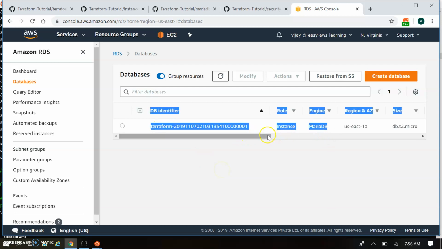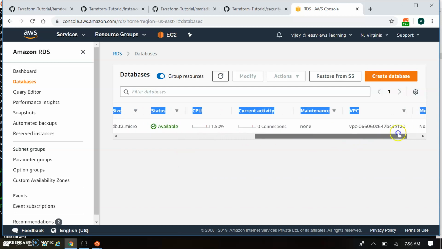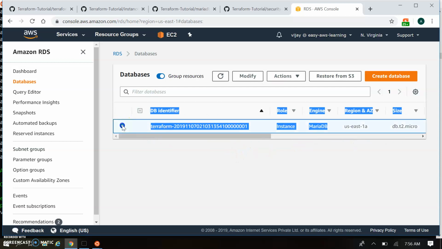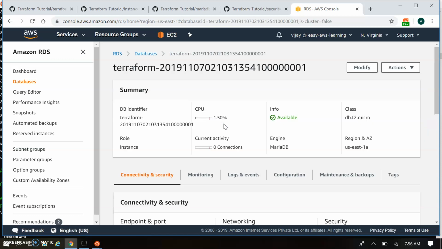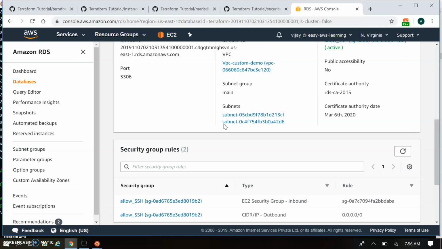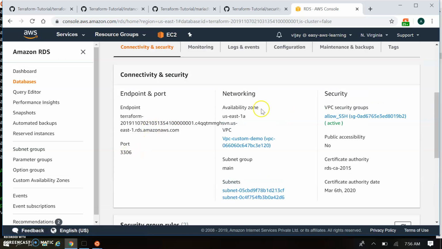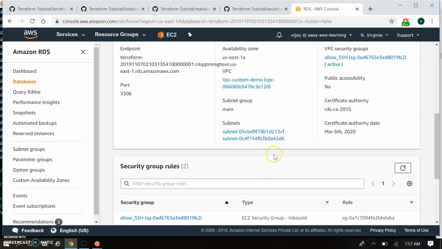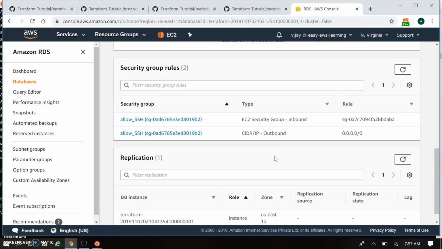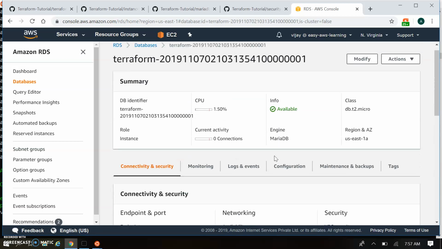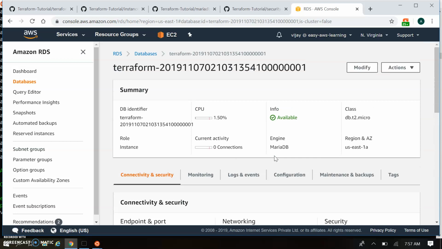This is the configuration for our MariaDB instance. When you click over here, it will open the details of your instance. You can see the endpoint, port, availability zone, VPC, security group, subnet group, and the subnets. So this is all the configuration part of the MariaDB instance.